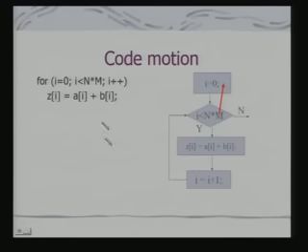The simplest thing is code motion. I do not do this evaluation every time as part of code execution, that means as part of my loop overhead. So, I am removing it from here altogether and taking it outside. These can be part of your initialization. So, I am reducing the number of multiplications that you need to do. The moment I reduce the number of multiplications, the time required would be less.